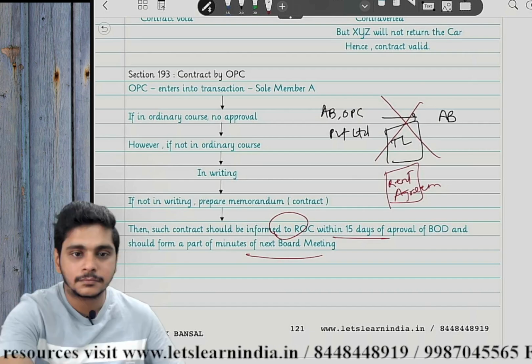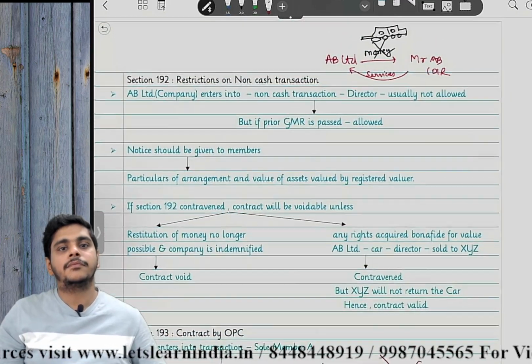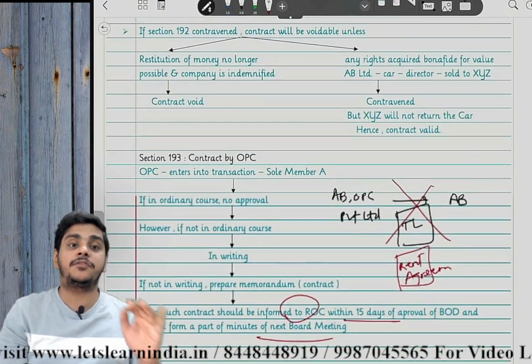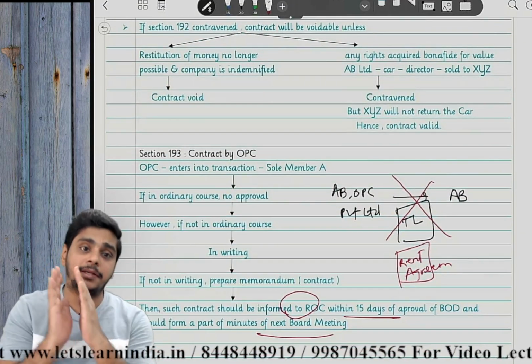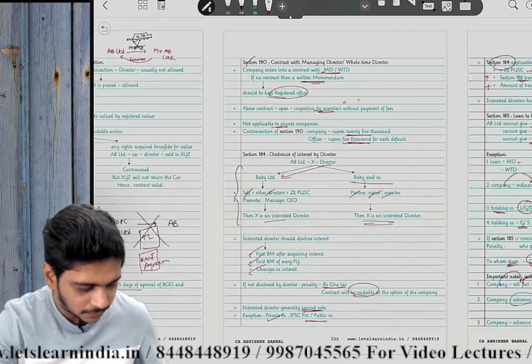Clear? So 192 is restriction on cash transaction, 193 is OPC. 194, 195 have been deleted by the government only. Those two sections are not there. Okay. Now,